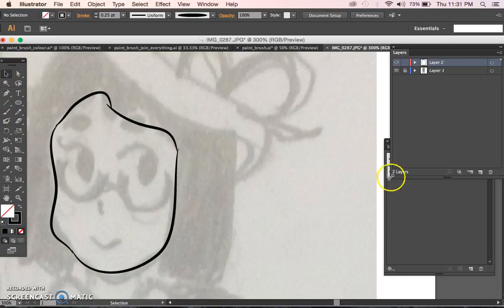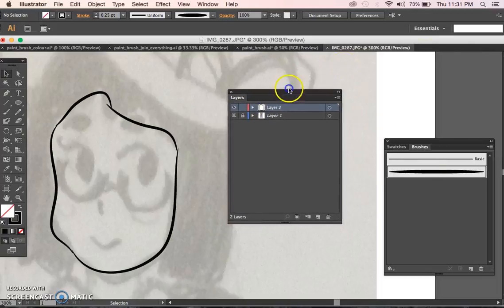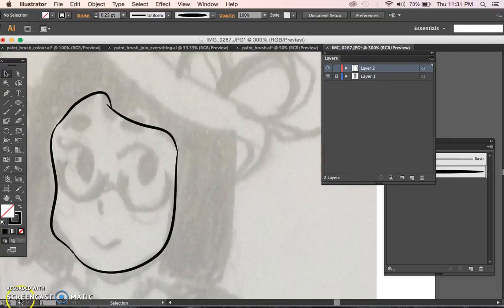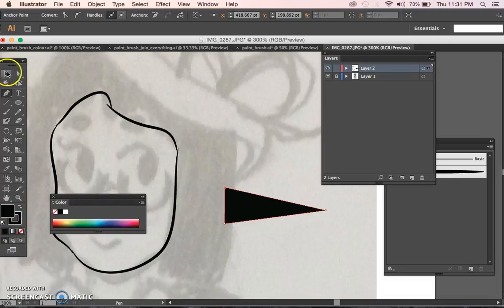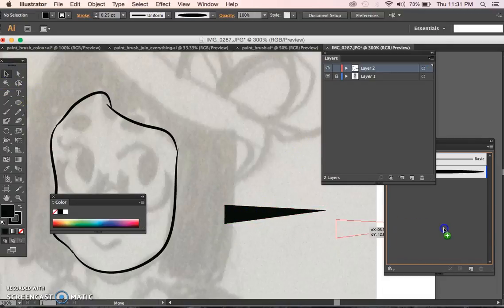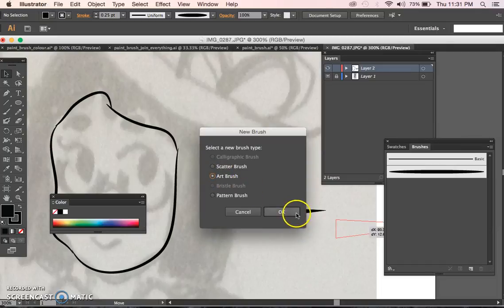What you can also do, so you have at the moment just one brush style. You can make different styles of brush with the pen tool. So you could have one that goes thick, and then just kind of tapers. So it's like a point, and again, at the moment it needs to be filled in, so I'll just click on, just so you can see the rough shape. So you can just click on transform and just something like that. And then you just do the same thing, drag it into that brushes folder,